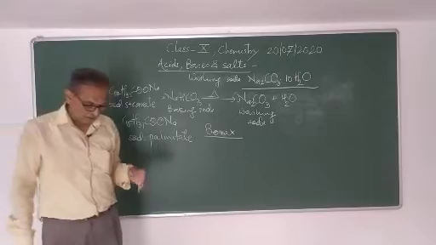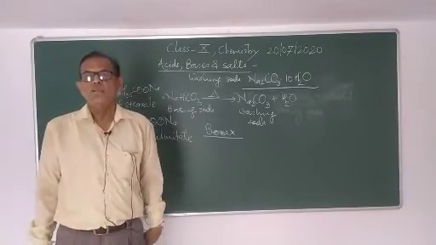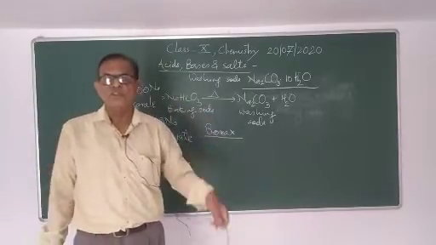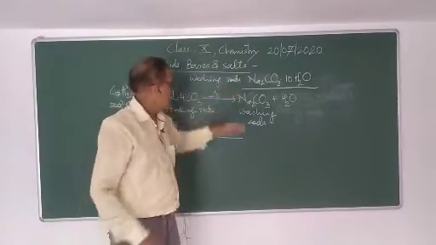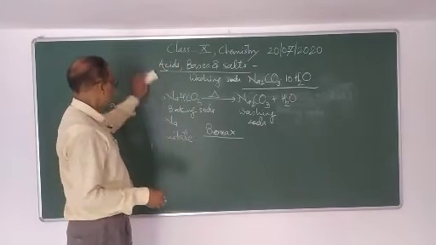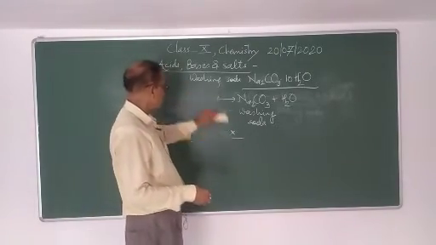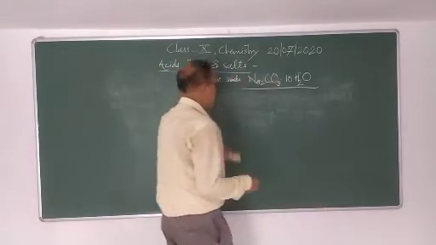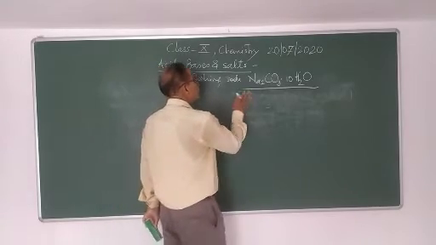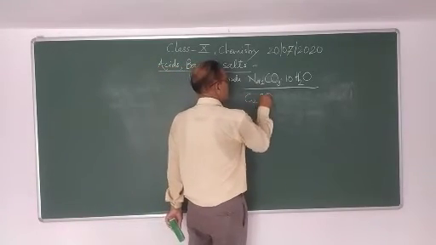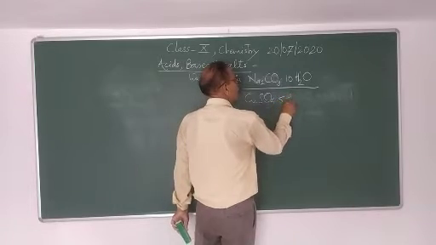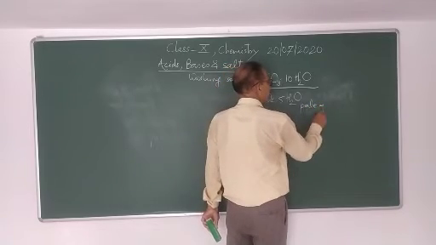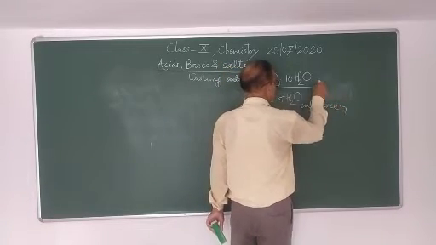Then we have to study about the water of crystallization. Now what is water of crystallization? As we think that formula of the washing soda is Na2CO3. Formula of the washing soda is Na2CO3·10H2O. Then formula of the copper sulfate CuSO4·5H2O. This is having blue color, and the anhydrous form is white.